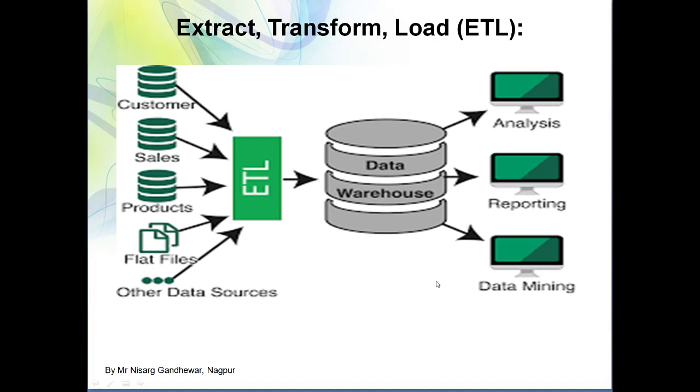So transformation will help us bring the data you have gathered into an appropriate form which can be very easily used for analysis purposes, and finally load that data. In this case we have seen ETL helps us extract the data from multiple sources, then we store that data into a data warehouse in the appropriate format after transformation. That means we have performed the load operation in the data warehouse, and then from the data warehouse that data can be used for analysis, reporting, or data mining purposes. That means you can extract the knowledge, you can gather the information.